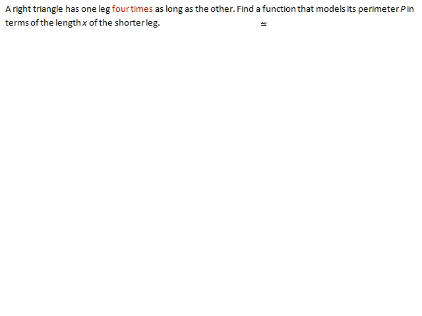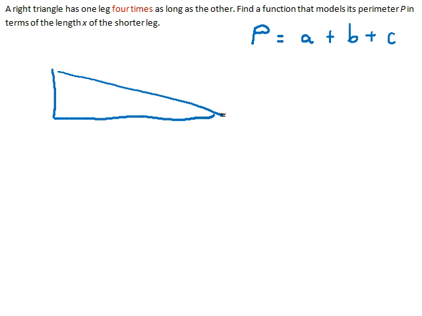So first of all, when we think about the perimeter of a triangle whose sides have lengths a, b, and c, the perimeter would be a plus b plus c. So let me draw a right triangle, and label the sides here. And in this case, it wants us to consider the shorter leg